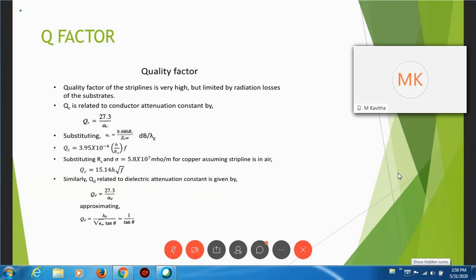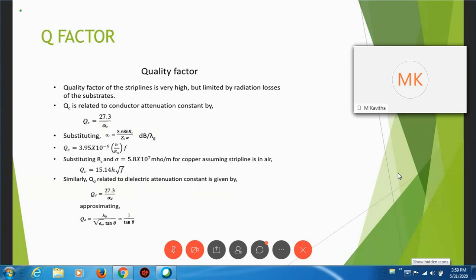So microstrip lines are used effectively up to 60 gigahertz, on the lower frequency of microwave frequencies. Beyond this frequency, microstrip line applications are restricted, since there are a number of losses, more losses in the microstrip lines. So what shall we do? We can use other configurations of microstrips.